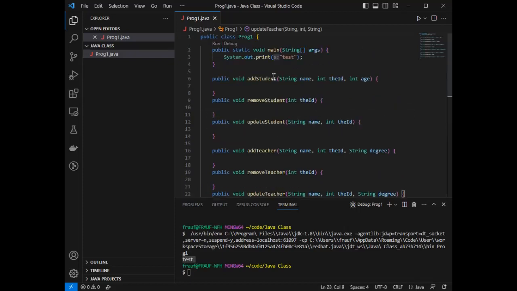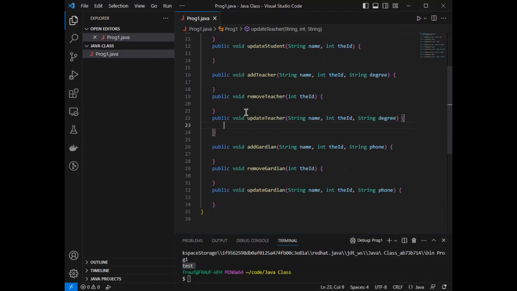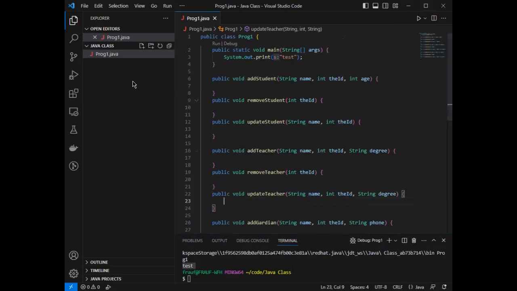So now, what do you think? Is it better? Would it make sense? Is it manageable to have a ton of functions, like 20, 50, or 100, right here in one class? Or is it going to be better if I come here and say student